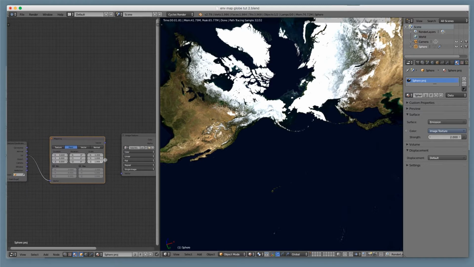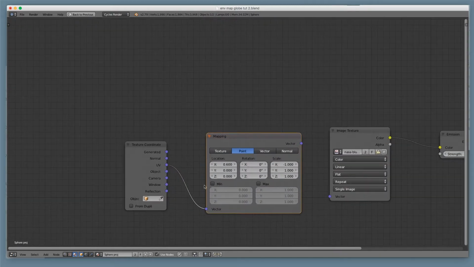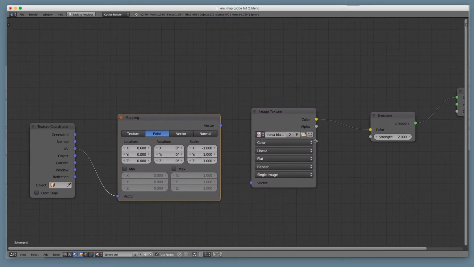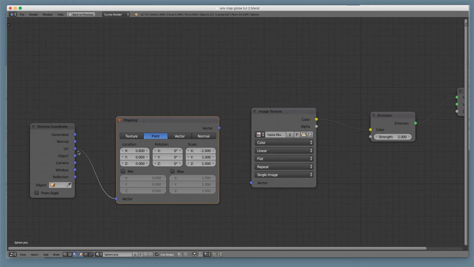So what we're going to do is I actually use the same thing we did with the environment texture. You can use a mapping node, but instead of using generated, use the UV coordinates. And then you can see what I did: the rotation doesn't really make that much difference, and only X and Y make a difference in the UV. So I changed the location, and I inverted the scale here. So this should be, if my testing was correct,